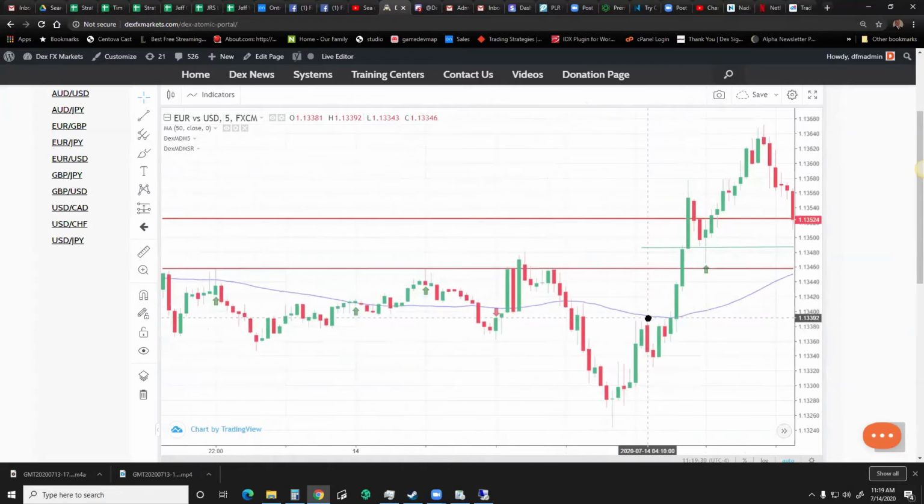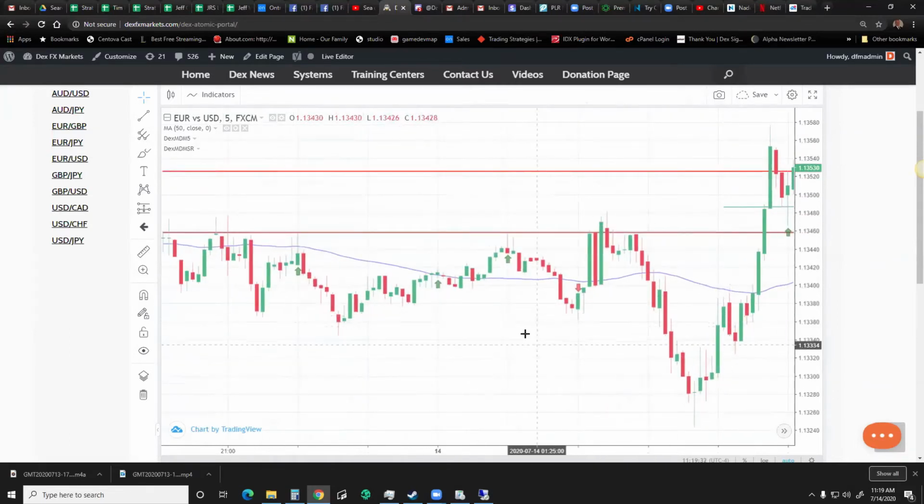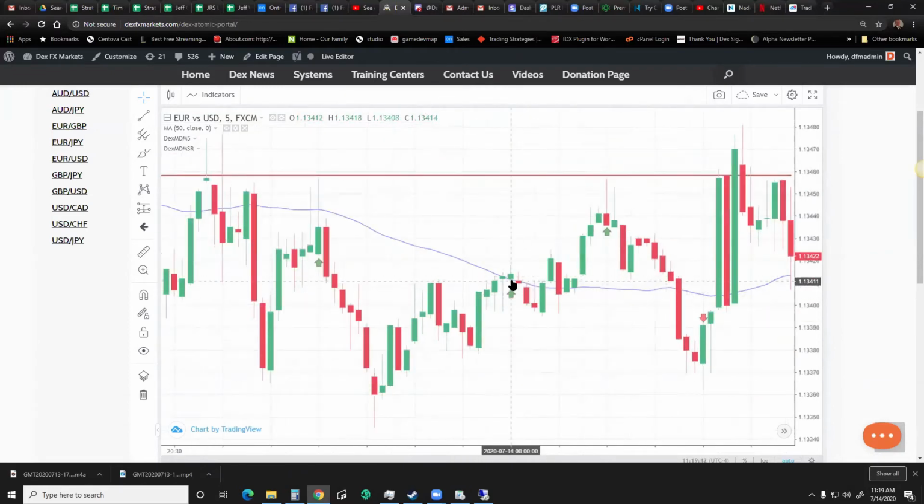Let's go back and look at it one more time. Now, here's where we get a little bit of offset, because there's a battle happening here, right? So where is the arrow when it first came out? Was it just above? Was it just below? Well, if the rule is that the price should be above, it's not just the arrow, but the price on the open price should be above the MA. If it's right at the MA, you're flipping a coin.